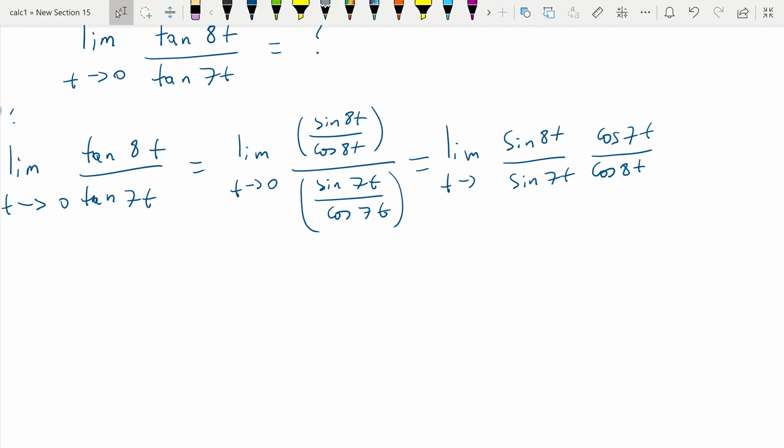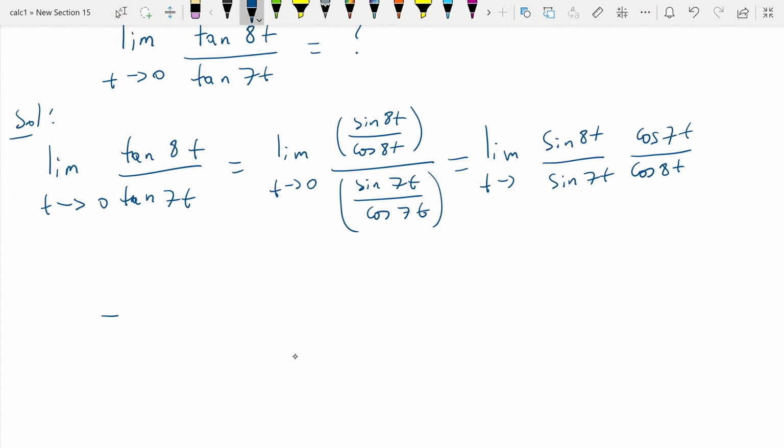So what do we want? Now that we have this expression, this is the limit when t goes to 0. So we're computing the limit of this expression when t goes to 0. We want to get a sine of 8t over, so what's inside the sine? Sine is evaluated at 8t, so we would like to divide by 8t as well. So we divide by 8t, but then we need to multiply by 8t, because if not, that wouldn't be equal to that. So we multiply by 8t,